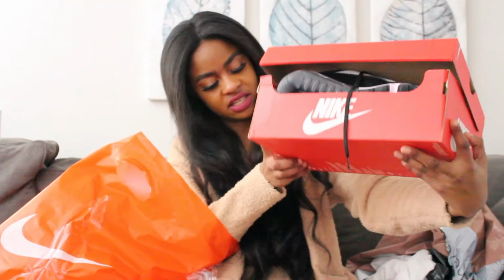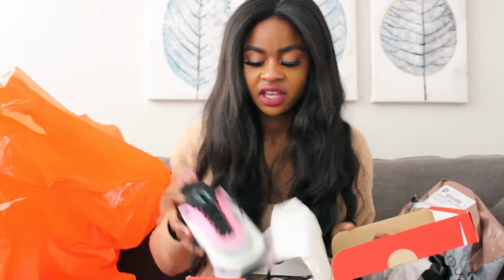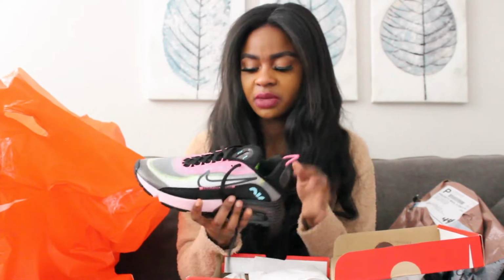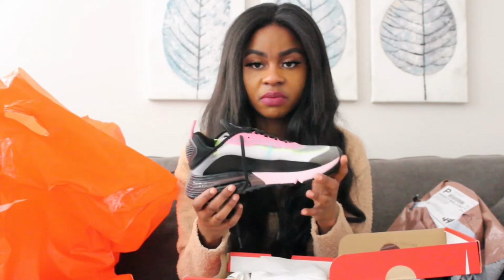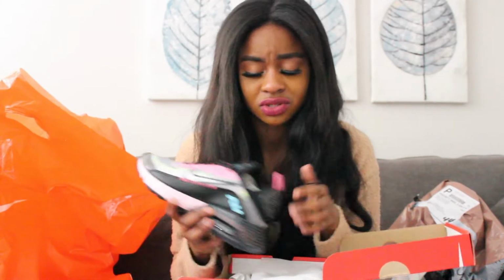Next, I got the Nike Air Max 2090, and I'm a size 8.5. These, I was kind of considering exchanging them because I like them, I'm just really not obsessed with them anymore. They're not really my style. They're cute and whatever, but I don't have anything that goes with this. I'd rather just go get some white shoes. Honestly, I'm going to exchange them. Let me know in the comments below if I should keep them because I'm just not in love with them anymore. At first, I loved them and now I'm like,